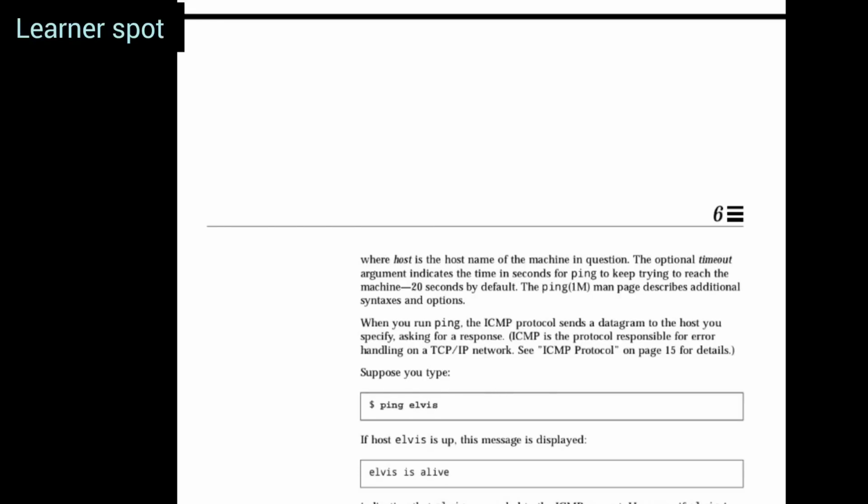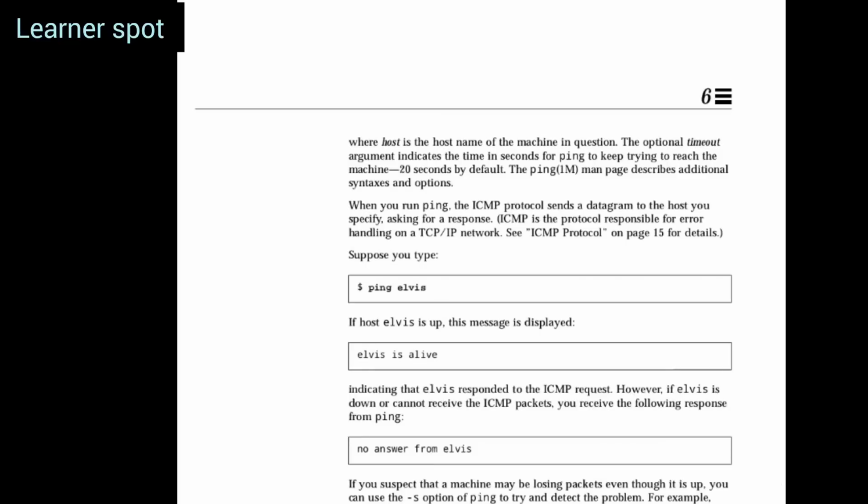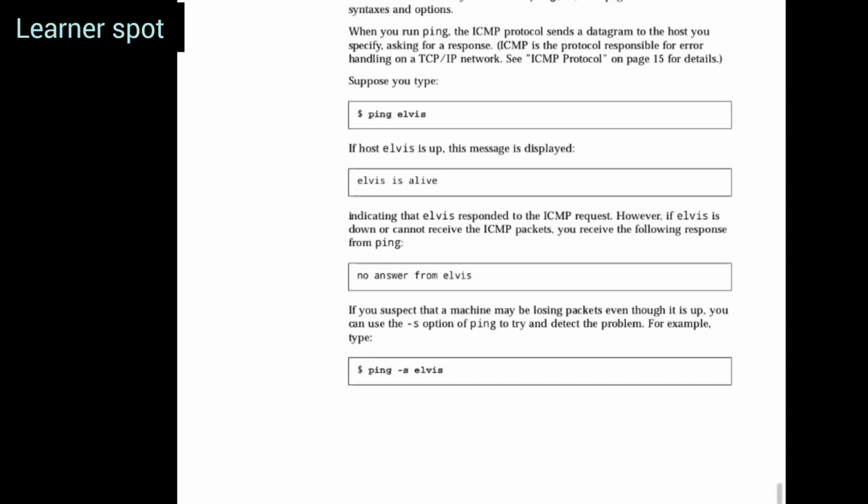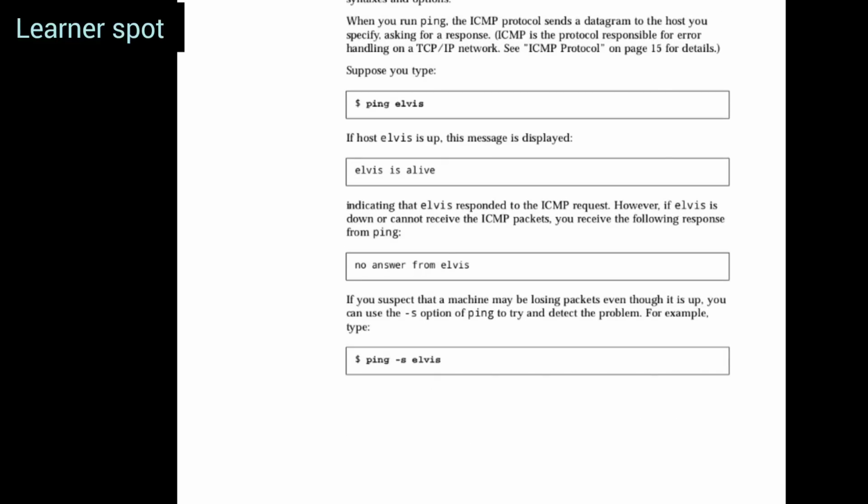When you run ping, the ICMP protocol sends datagrams to the host you specify, asking for a response. ICMP is the protocol responsible for error handling on the TCP/IP network. Suppose you type ping Elvis. If the host Elvis is up, the message "Elvis is alive" is displayed, indicating that Elvis responded to the ICMP request. However, if Elvis is down or cannot receive the ICMP packets, you receive the following response from ping: